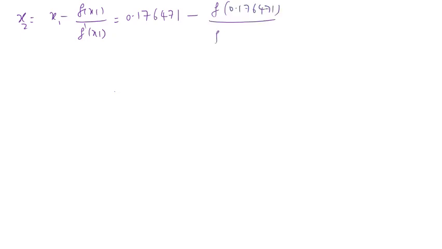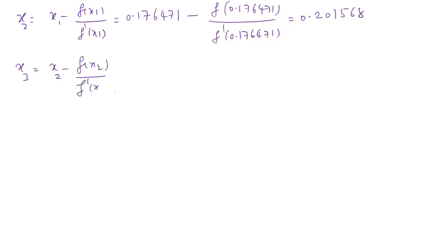And coming to second root, x2 equal to x1 minus f of x1 by f dash x1, that is equal to x1 value 0.176471 minus f of 0.176471 by f dash of 0.176471. This value gives, after substituting in the functions and simplifying, you will get 0.201568. And next, x3 value, this is x2 minus f of x2 by f dash x2. Substitute this x2 value here, and what is x3 becomes